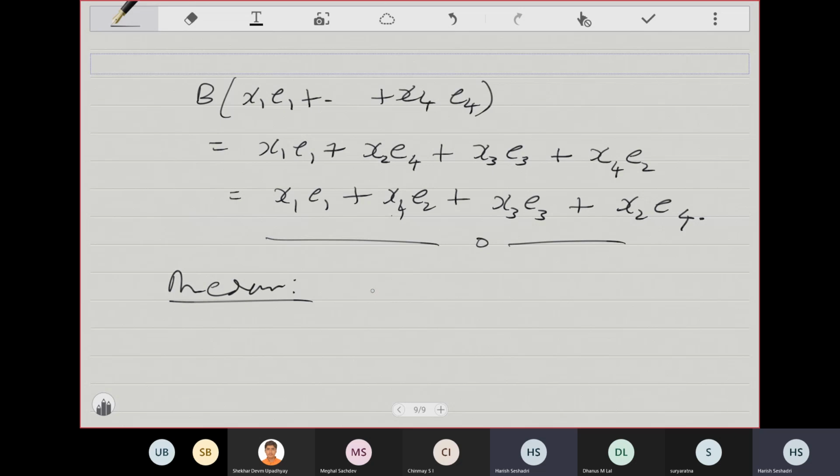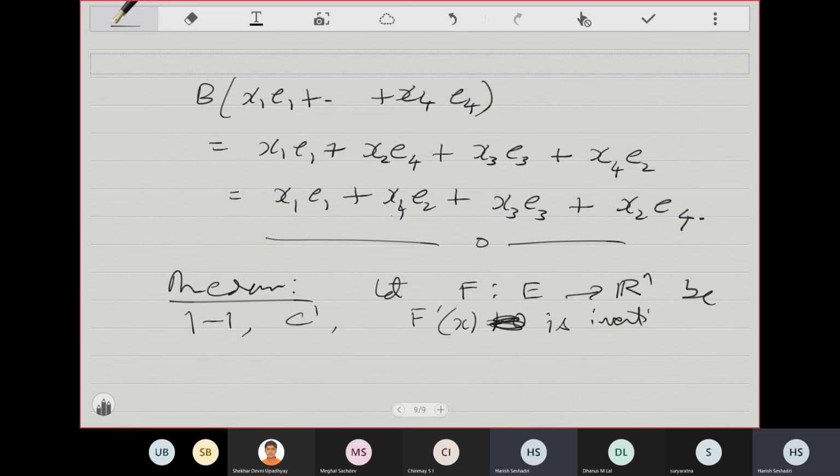Whenever you have, let f from E to Rn be 1 to 1, C1, and f prime x is invertible for all x in E, then